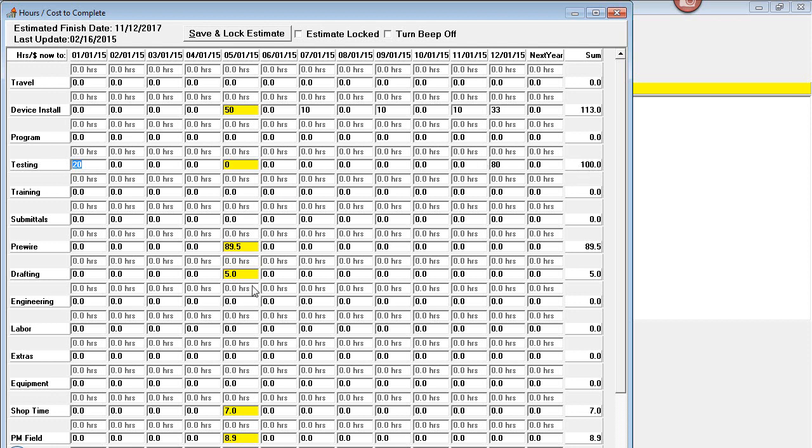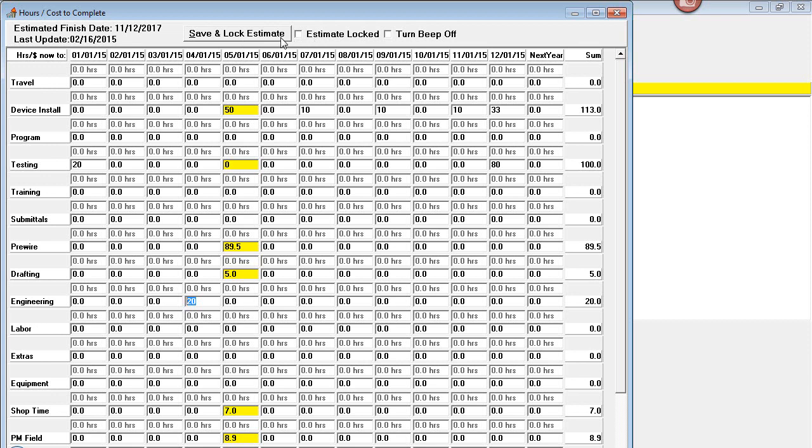And then maybe the estimator blew it, and we need some engineering, and we're going to have to put some engineering in here, let's say 20 hours of engineering. So this is automatically going to put this project into trouble because it was not estimated when the project started. So again, the project manager can revisit the time and put his estimate of what this is going to take. And then what we're going to do is save this, and